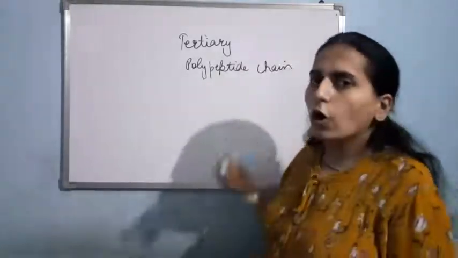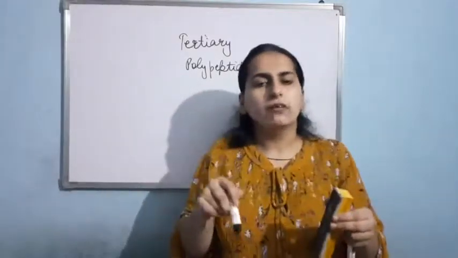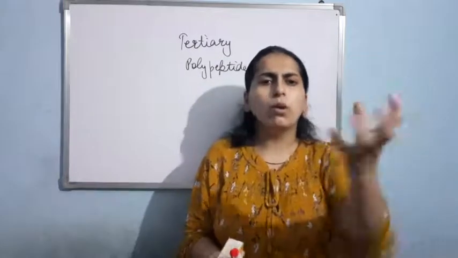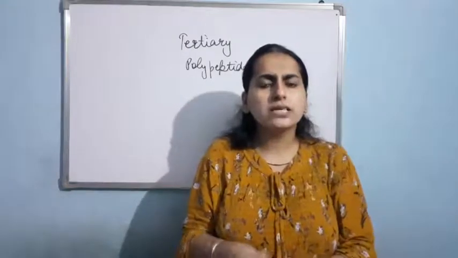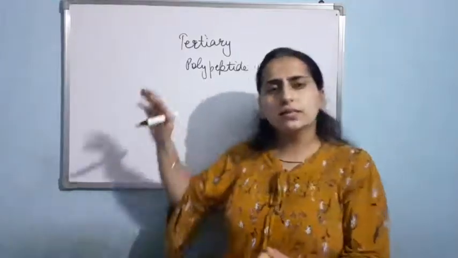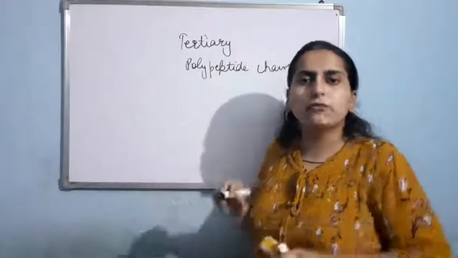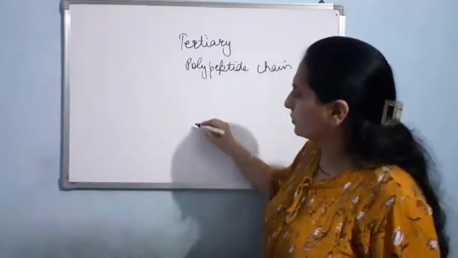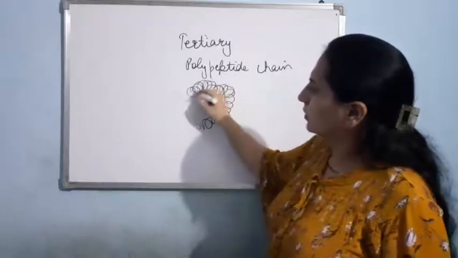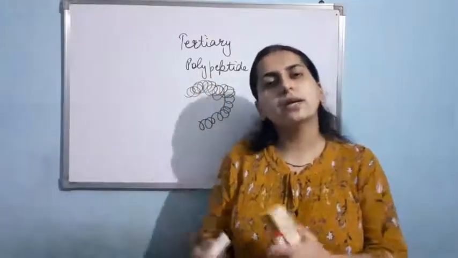it is coiled on itself. The polypeptide chain is coiled on itself, which results in the formation of a structure that you have seen in a wool ball. You have seen a wool ball. The wool is rounded over itself, resulting in the formation of a rounded structure. This is what is happening. The polypeptide chain is being rounded on itself only, like this. Just see the structure. Am I clear? There is a single polypeptide chain that is wound on itself, that is folded on itself.